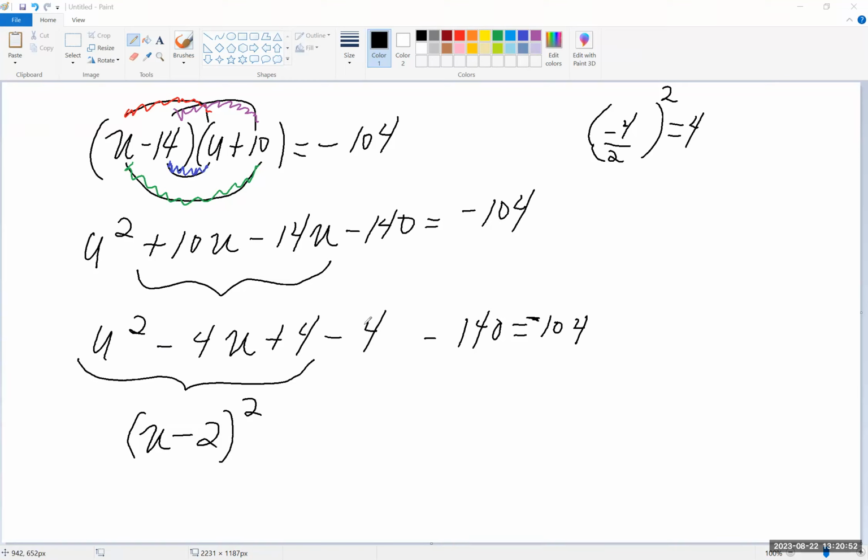And then over here, I'm going to combine these, which is negative 144, but I might as well add 144 to both sides just because I'm running out of space. And that's going to leave me